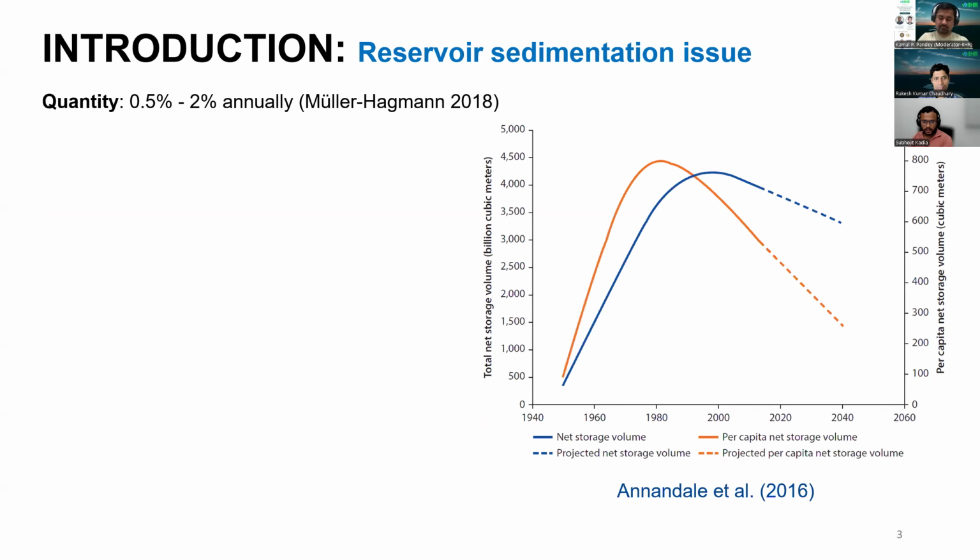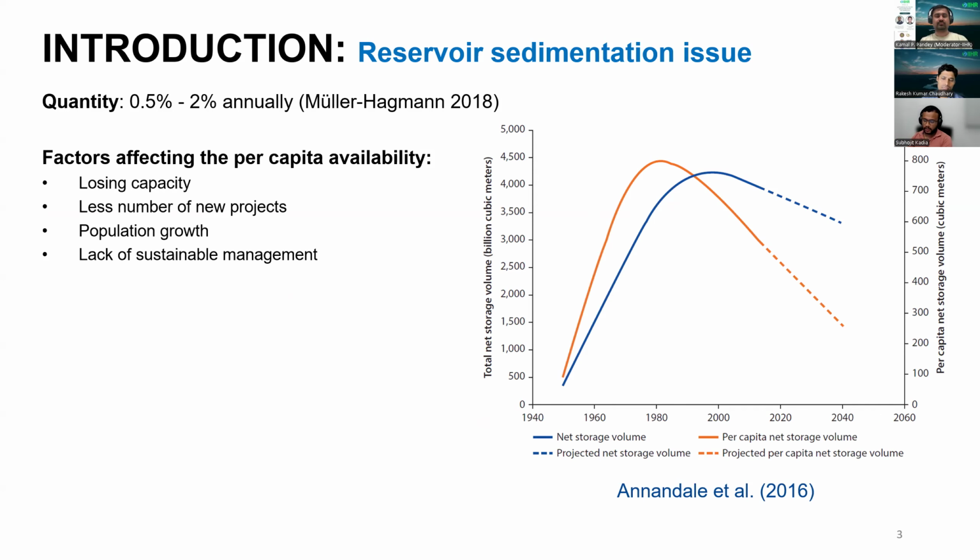the reservoir capacity. Here we can also see that after the 1980s or 2000, not many new dams were built, and nowadays if we compare all the dams, most of the dams are quite old and they are approaching their design life. One of the main reasons is the reservoir capacity lost due to reservoir sedimentation. Also, because of population growth, the per capita water availability is decreasing even more steeply as compared to the net water availability. Also, a reason is lack of sustainable management, because most previous designs were based on the lifespan of the reservoir rather than designing in a sustainable way so that it can last longer, and also did not tackle the issue of reservoir sedimentation, which has been noticed only in the last